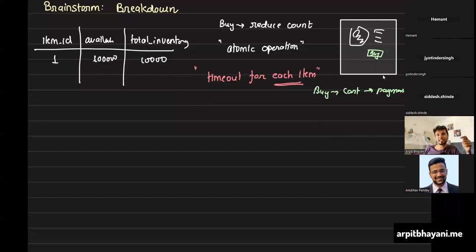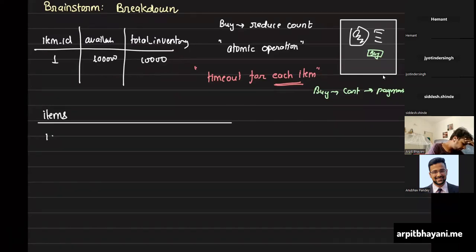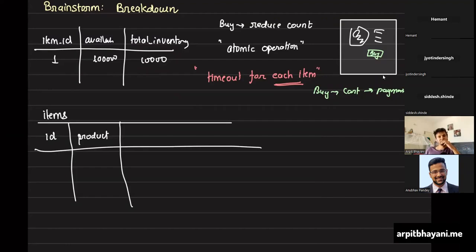So can we alter the schema, Anubhav? Yeah, I was thinking we should have an inventory table where we store that sort of information. Let's say I have an items table. Let's say there's a product ID which relates to the product details table, where we just have an ID for that. We have an ID for this as well. We will need the timeout-ends-at timestamp as well. Okay, fine. No, think a little more. So how many entries will there be in this items table?